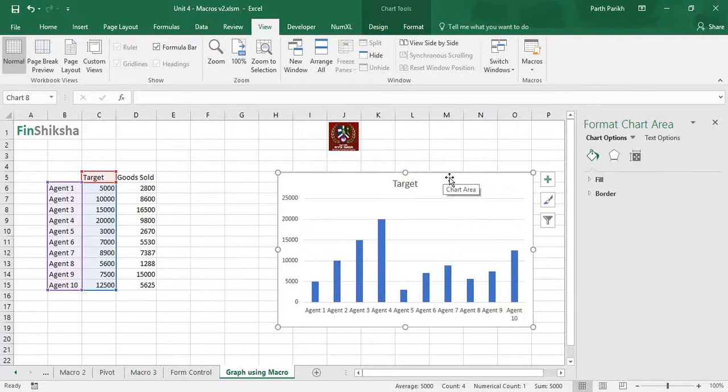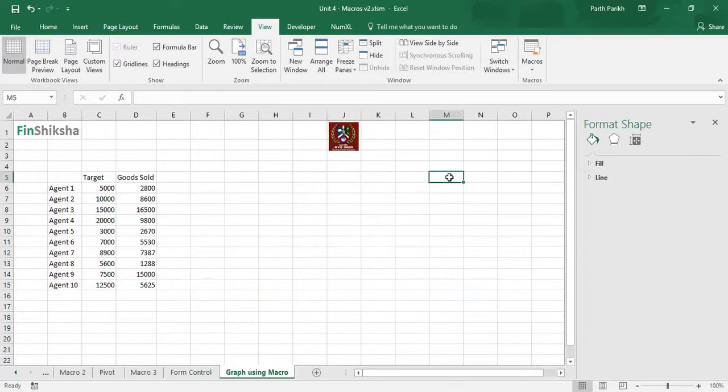Okay. So this is how you should run the macro. This is how you should be able to develop a macro. This is how you should be able to debug the macro. It's not that difficult. You just have to play around with it. What exactly Excel is doing, what exactly Excel is not doing. You just have to understand the basic premise, and then everything Excel can do, everything Excel can record.